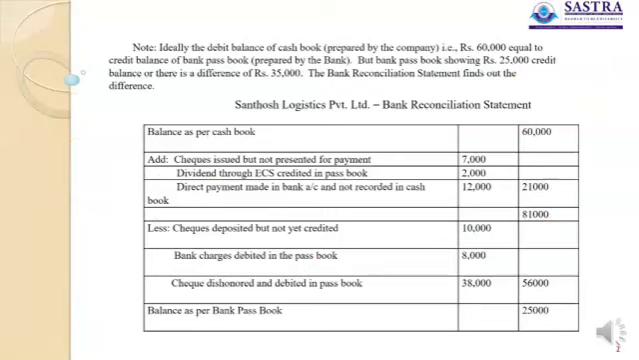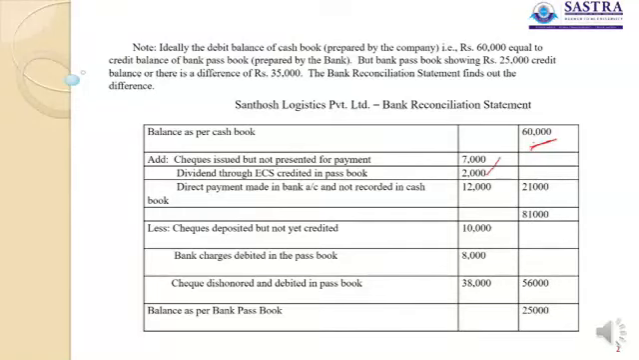See here, ideally the debit balance, the cash book balance, is 60,000. Note, the ideal debit balance of the cash book prepared by the company is 60,000, equal to the credit balance of the bank passbook. But the bank passbook is showing 25,000 credit, and there is a difference of 35,000. The bank reconciliation statement finds the reason for that kind of difference. With 60,000, we have added the payment